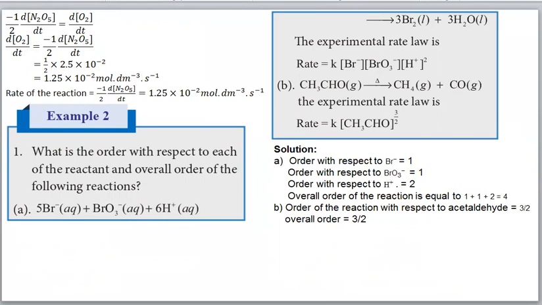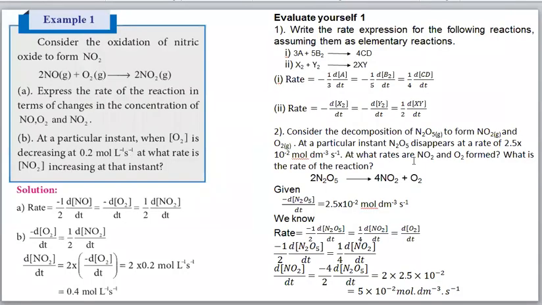Then one more question is asked here: what is the rate of the reaction? Rate of the reaction equals minus 1 by 2 into d[N2O5]/dt. We can take this one, or the rate of appearance of oxygen, and no need to change anything. So rate equals d[O2]/dt, and d[O2]/dt we already found, so we can write that value. Otherwise we can take this value also, which is given in the textbook, divided by 2. Like that also we can get it.